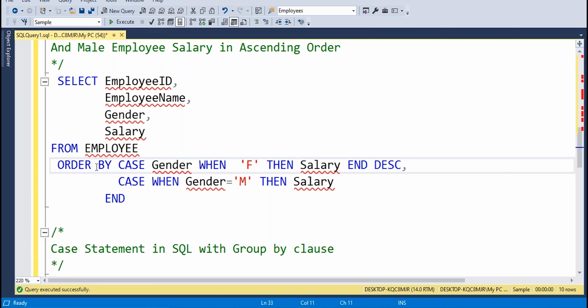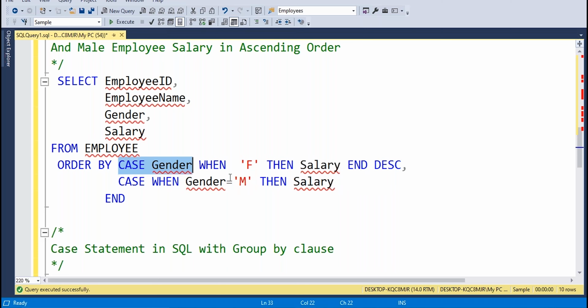So here you can observe ORDER BY CASE gender. I want to do the ORDER BY on my gender column. CASE gender WHEN F THEN salary DESC. If gender equal to F, then salary is displayed in descending order.